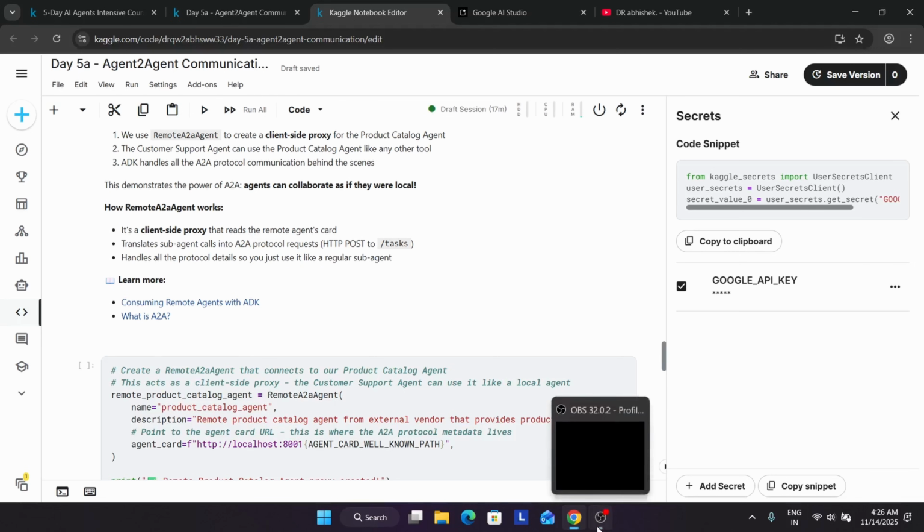If you want to understand how A2A works with a simple example, imagine you have a friend who lives far away from you, for example in a different country, different state, or even a different city. The problem without a remote A2A agent is that if your friend lives far away, you can't just shout their name from your house and have them come to you.